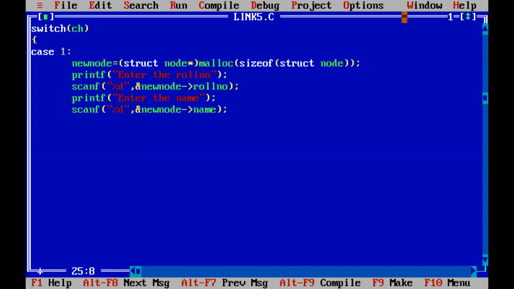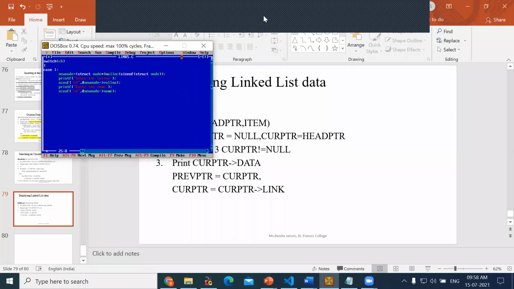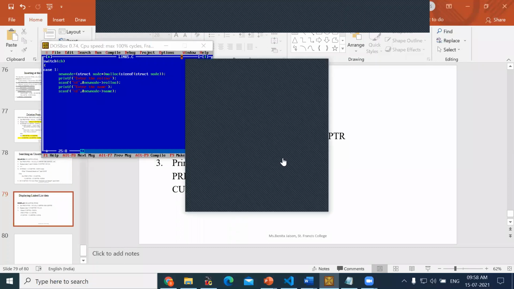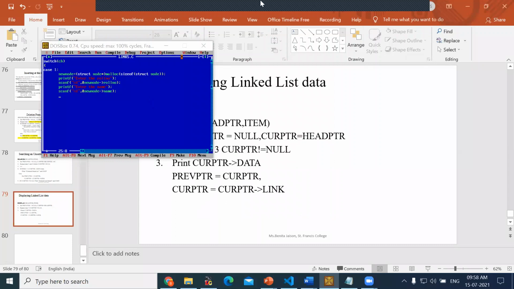Sahana, can you tell me? New node we created, data also we got, two data. Now the link part we have to give. How to insert the new node at the beginning of the linked list? Sahana, can you try? Sahana, are you there?